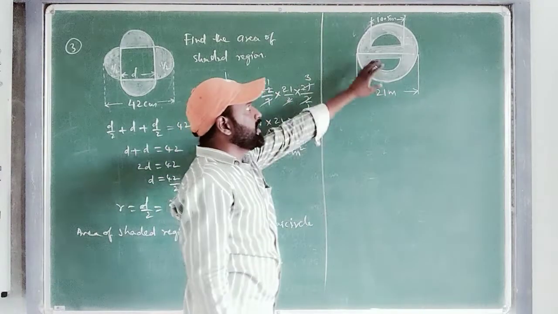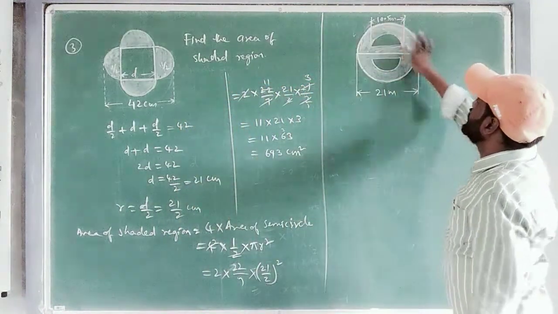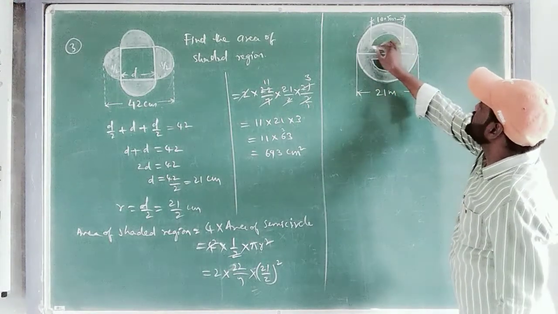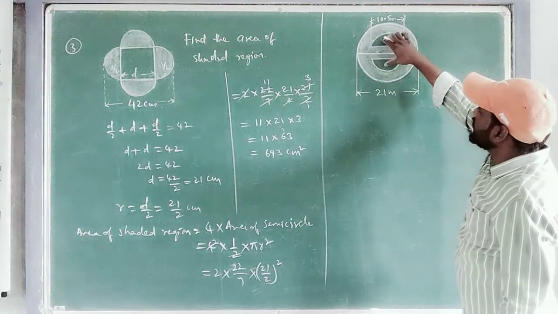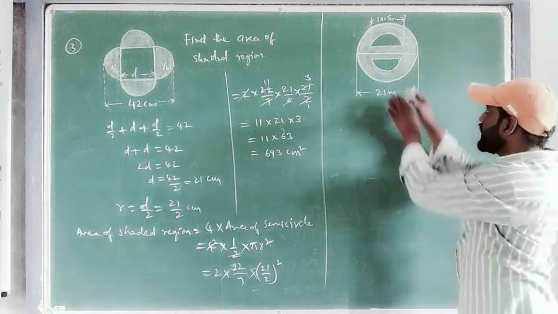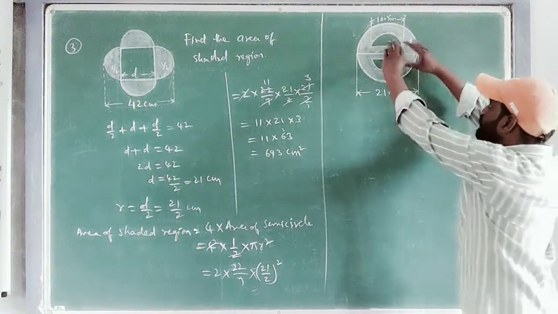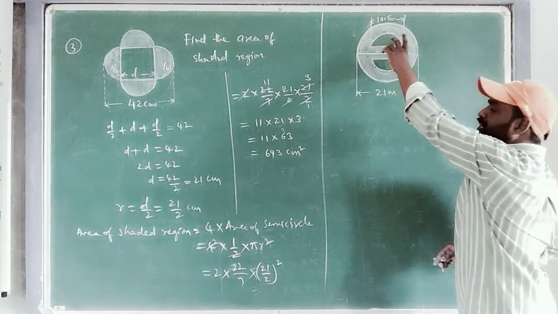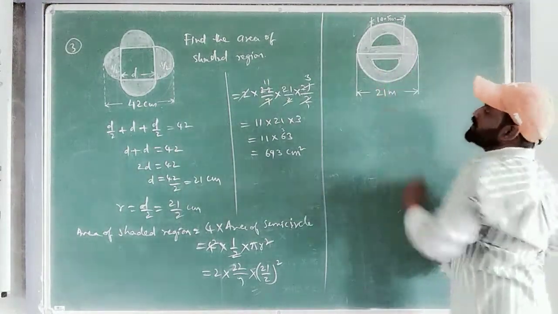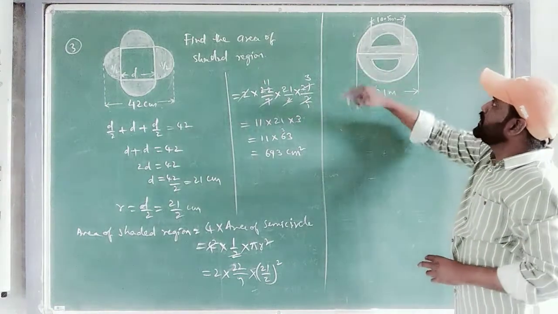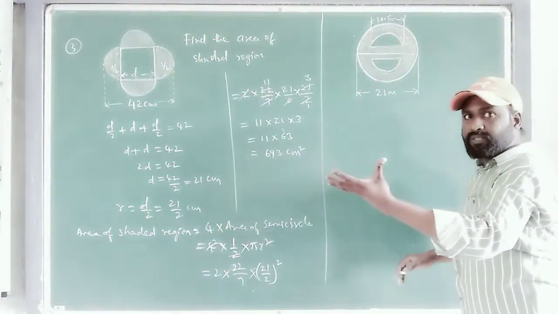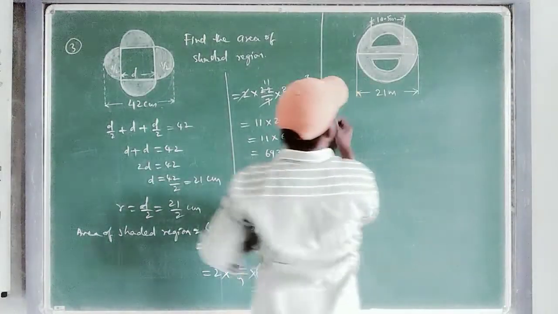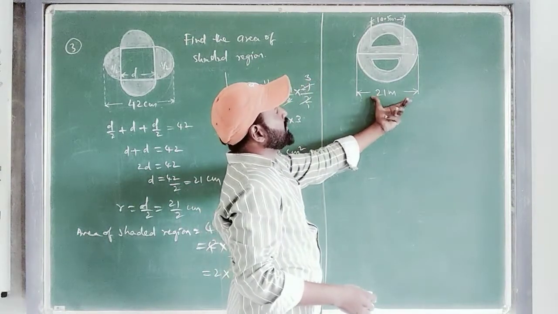This is the second figure. In this you observe, one full circle is there, outer side. Inside, here one semicircle, here one semicircle of equal size. This and this are equal size, unshaded portion. These semicircles, if you bring them together, will become a full circle. Inside, 2 semicircles make 1 full circle. Outside, 1 full circle is there. So area of the total shaded region is equal to area of the outer circle minus area of the 2 inner semicircles. Okay. Now outer side circle diameter is 21.